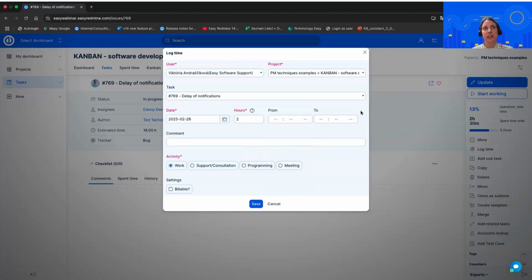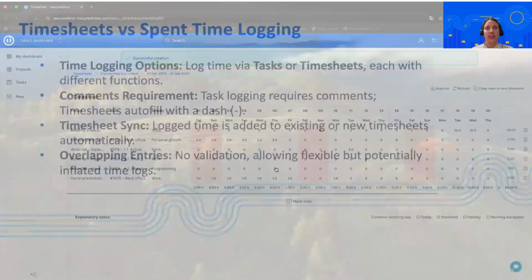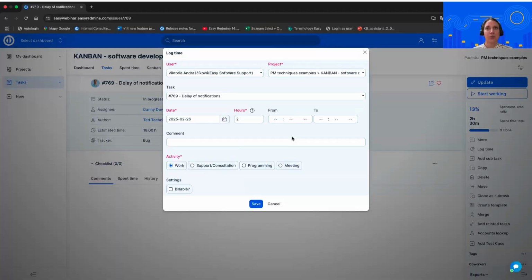And this is particularly useful for companies where they actually track this. But what I wanted to tell you about this is that there is no validation, which means you can have two tasks where you put same time ranges, and it would not notify you about this. It would absolutely save it,